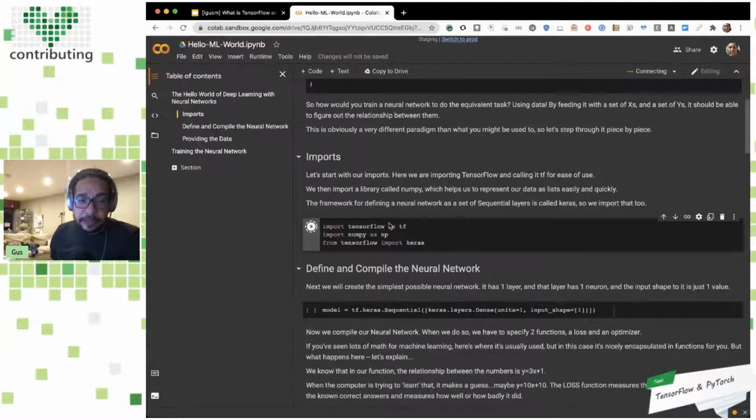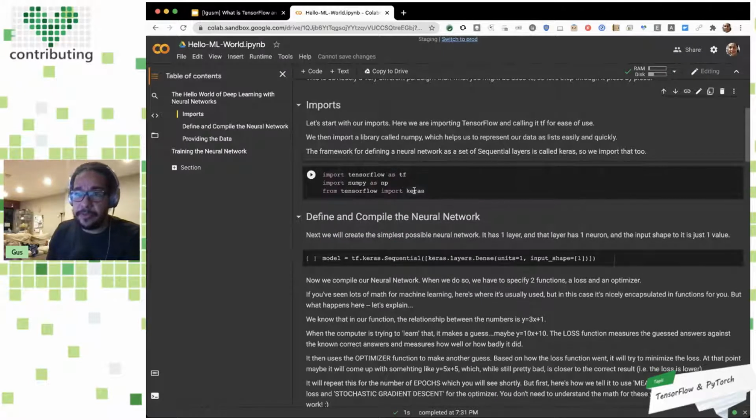So here, what I'm doing is running this. Since it's the first cell, it's first connecting to a VM somewhere. And I can see some more details here. Of course, this is all in Python. So if you don't know Python too much, you can read and understand. Just bear with me. Here we are going to do the regular imports, putting in the dependencies we need. And the main one, of course, is TensorFlow. And from there, we are going to use something called Keras, which is the API.